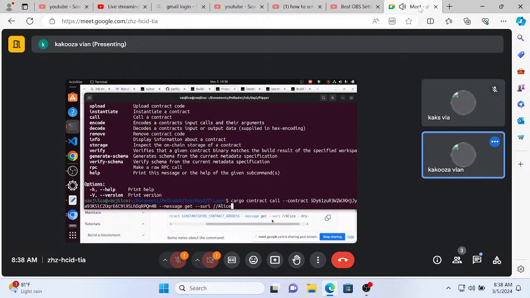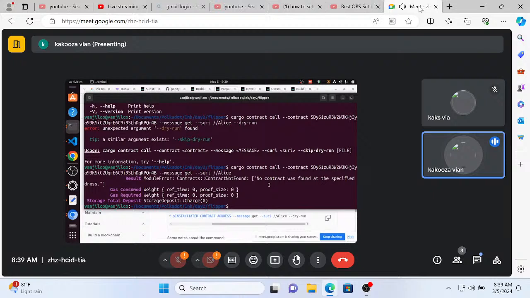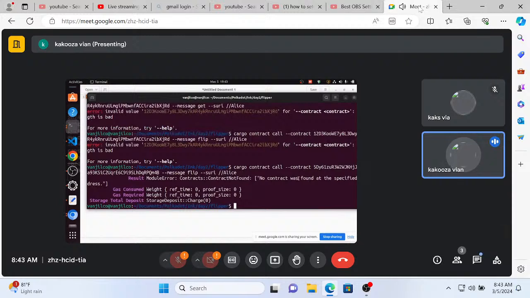So you can dry run. A dry run is also optional. Call specified. So the storage of this contract was not found, the specified contract is invalid. We can try to meanwhile